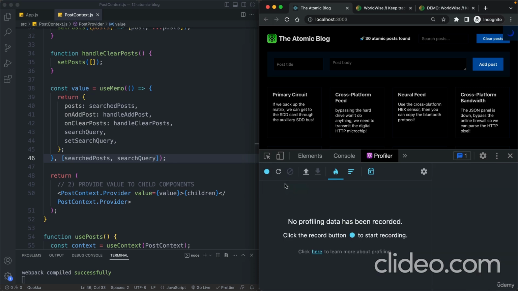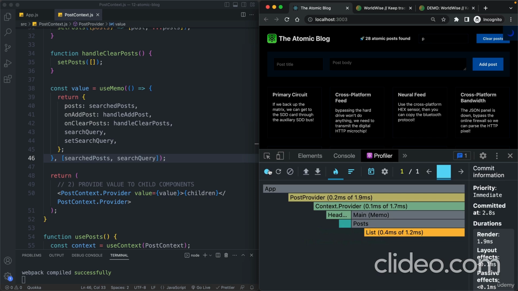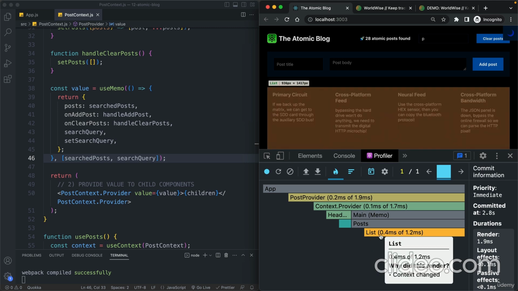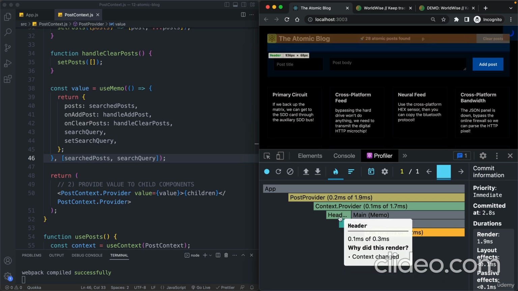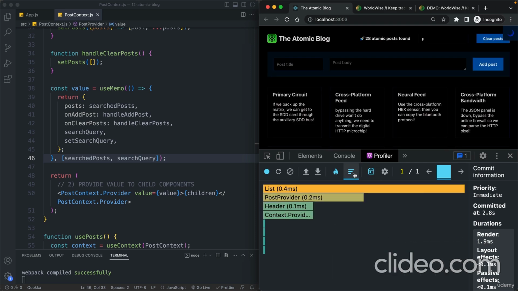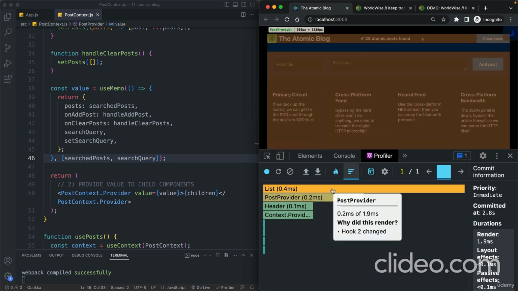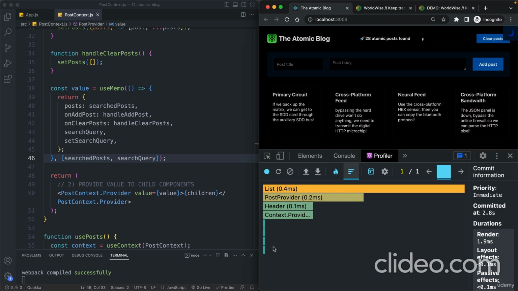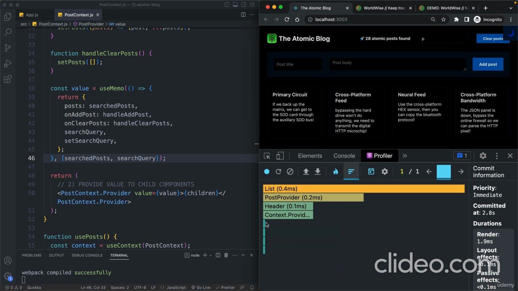So let's clean this here. And so one example, of course, of that is right here. So let's see. And then, of course, all the components that consume this context are re-rendered. So that's the list, the search posts, and the header itself. And I think also the archive, but somehow it doesn't show up here. So here it is, again, in this ranked chart. So here we always have all of them, and then we can see that also all of these were re-rendered